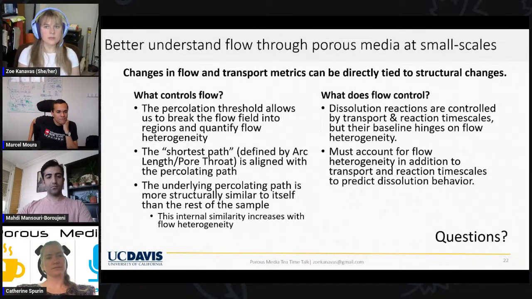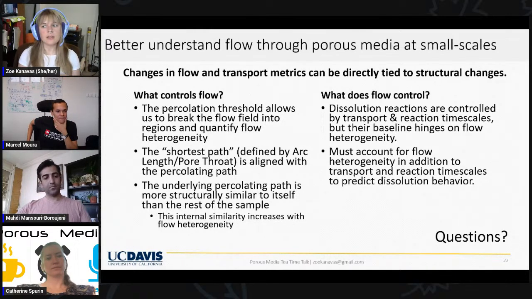The other way that I see this work being applied is we have now identified this pore-scale feature that is controlling flow and therefore transport at larger scales. And so I think that working this small scale feature into a model like the continuous time random walk model would give us a better representation of the pore-scale heterogeneity when we're talking about heterogeneity in terms of channeling. It'll give us a better idea of what our small scale system looks like.